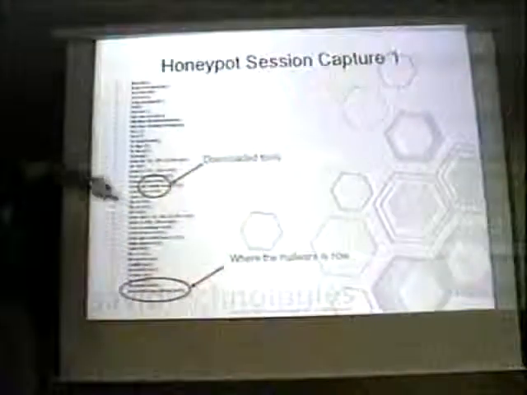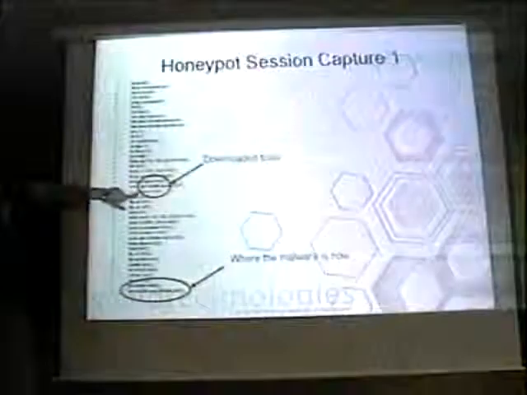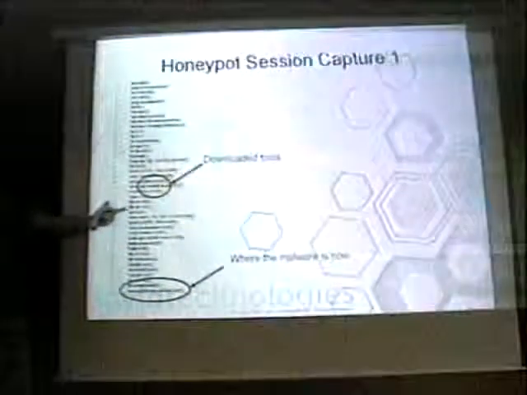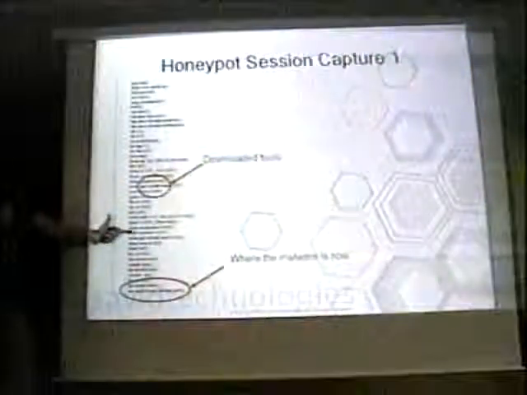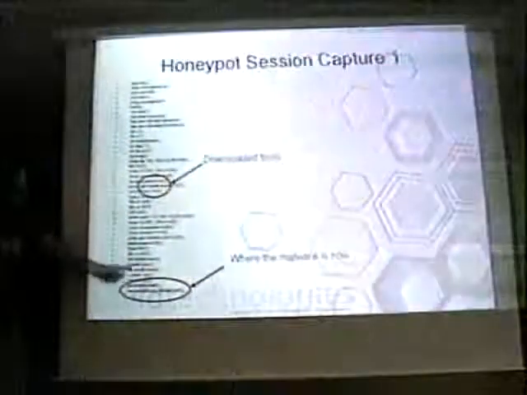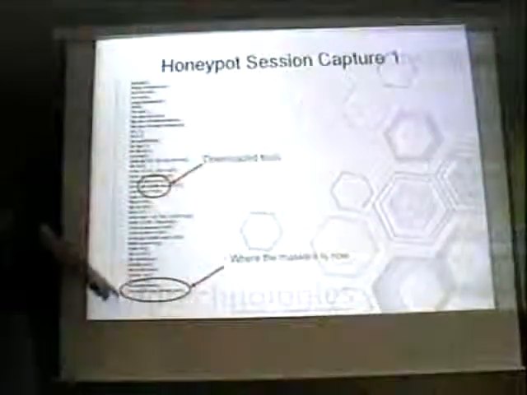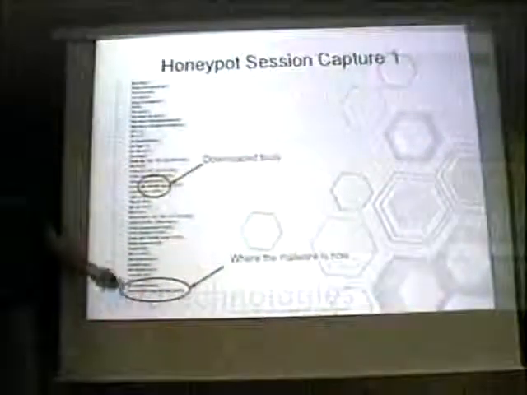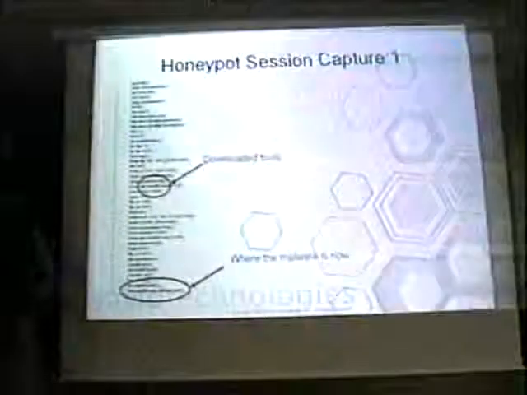You can see here that they've actually downloaded some tools. And this is what CBAC gives you, insight into the mind of the attacker. So go a little bit down, trying to get some passwords here, get some usernames, see what's going on. Oh, they renamed the tool. So now I know where that tool is when I want to go look at it, when I pull this honeypot and start doing some RE on the box, reverse engineering.